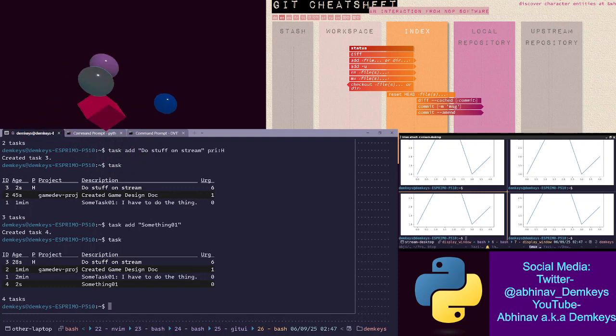I tried to jump directly to the Task Warrior TUI, because there's also a TUI client for Task Warrior. So you don't have to do this command stuff all the time. You can just open up that TUI client. I don't remember if I installed it here or not, and in that client you can take various actions for your tasks. At some point I might go back to that, but I found it a little bit confusing. Not that the client was confusing, it was just confusing for me as a beginner in Task Warrior,